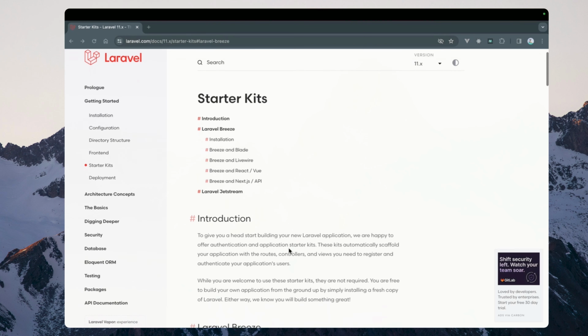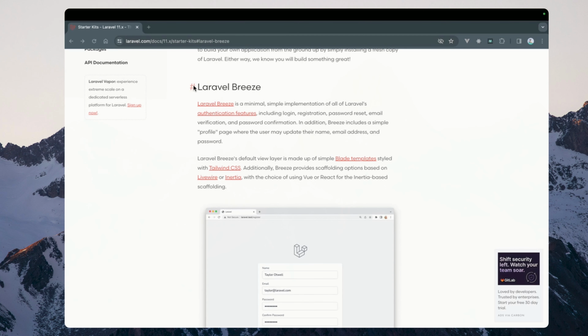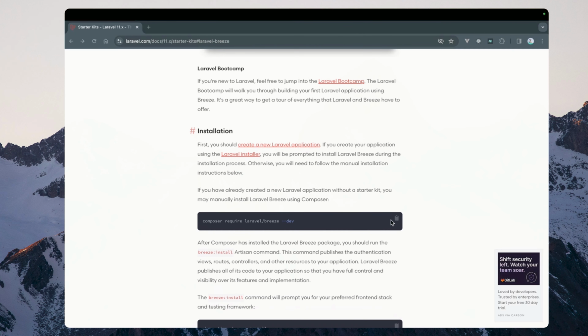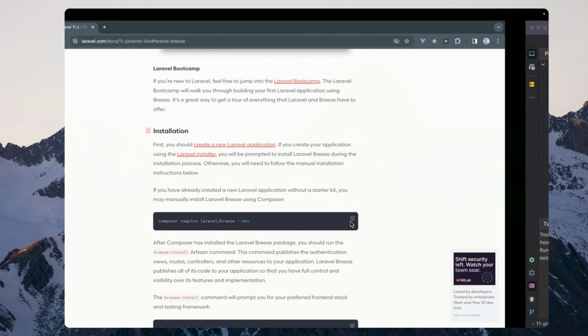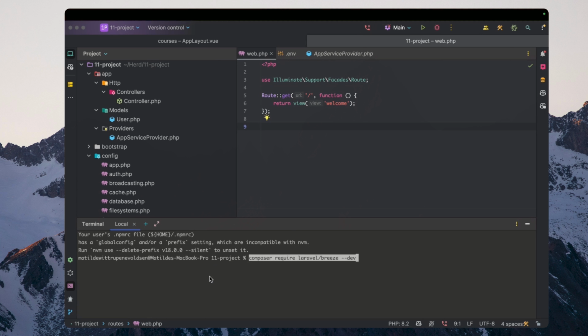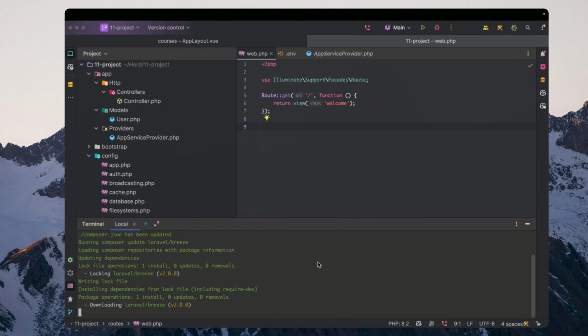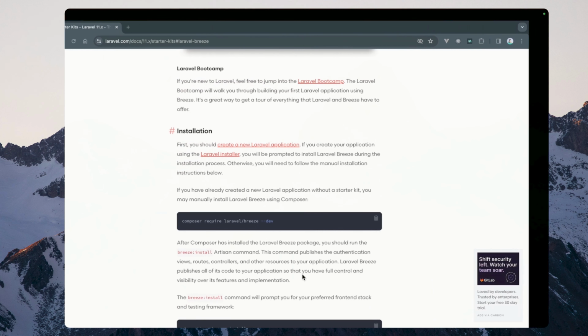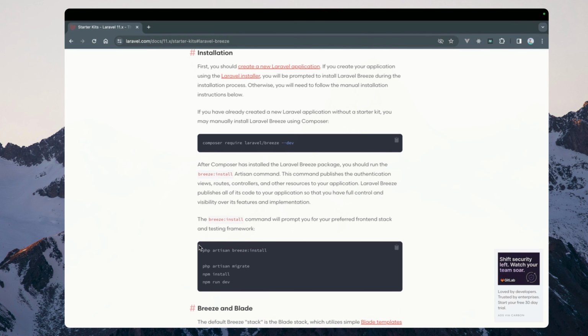Throughout this course, we're going to be using Laravel Breeze as the way to authenticate the users. So let's go in and just require this as a dependency using Composer. I'm going to just type this into the command here, and all it will do is install Laravel Breeze. If we go down here now, we can basically just run the Breeze install command, but before I do